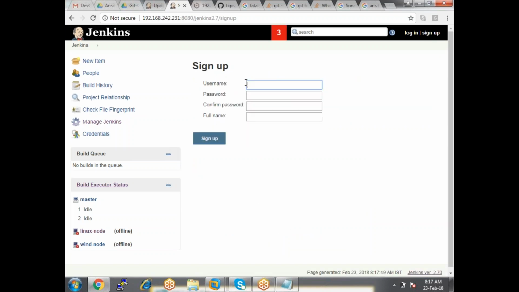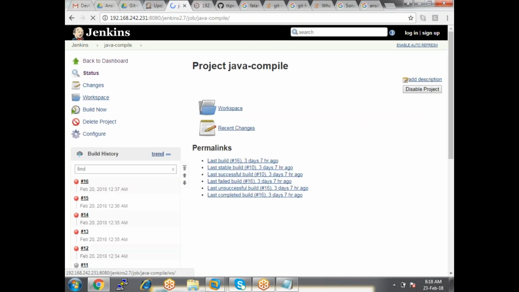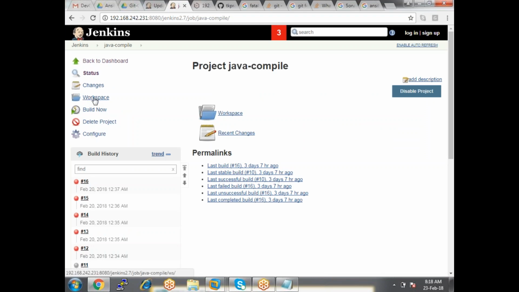Now, even if I don't sign up, for example, did I log into this application yet? I'm not logged in, but still I can perform everything. If I click on this job, can I build it? Yes, I have access to the workspace. I can build it, I can configure it, I can delete it.